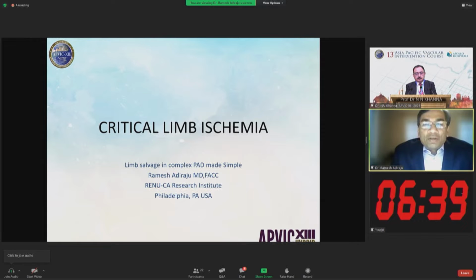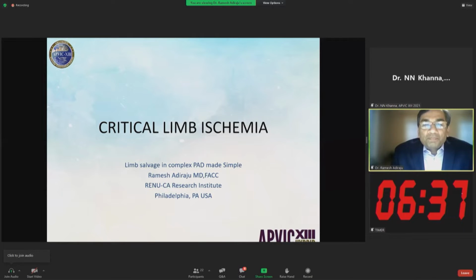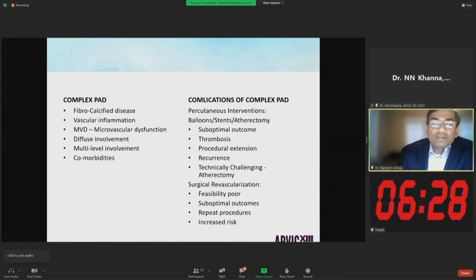My topic today is critical limb ischemia management made simple. I'd like to start with the outset to see what comprises complex PAD. Usually fibrocalcific disease, systemic vascular inflammation, and diffuse multi-level involvement is what makes it harder to decide how to best manage